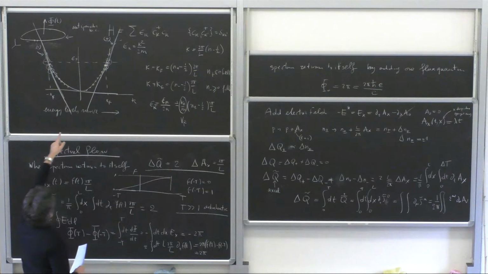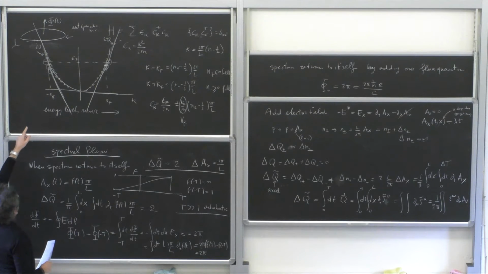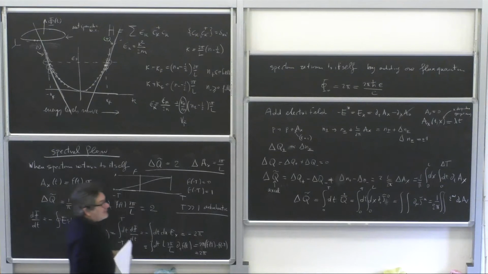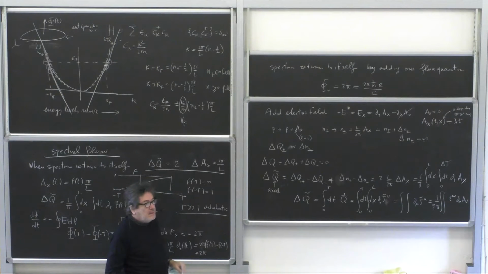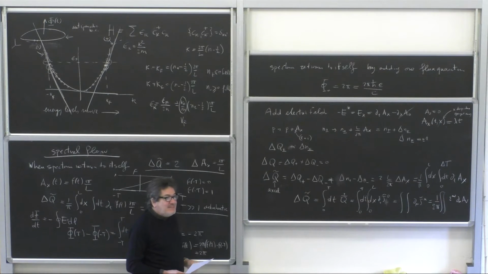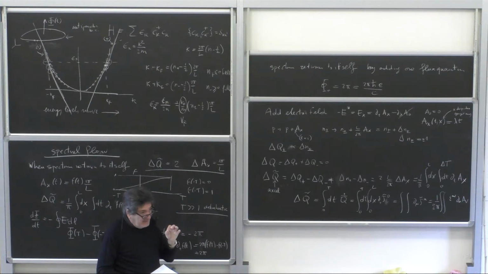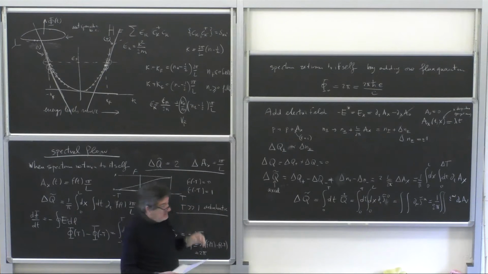One on the left goes down and on the right goes up. Yeah, but the spectrum is the same. You see, the energy levels, the spectrum is initially symmetric. The filling is different, but the energy spectrum is the same. But the spectrum is symmetric. So one goes down, one goes up. The electrons, the filling changes, but the spectrum, okay?